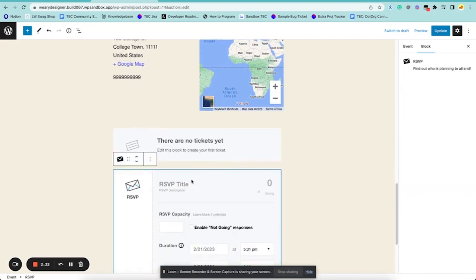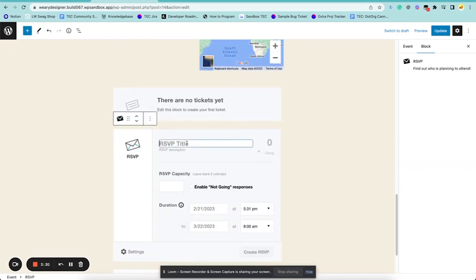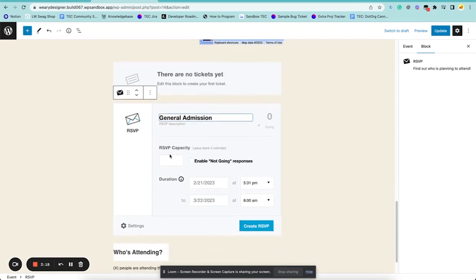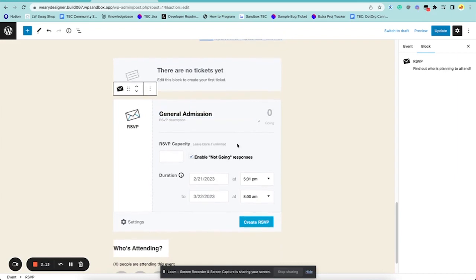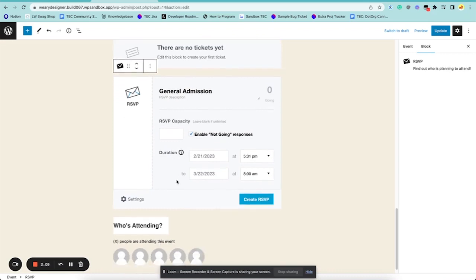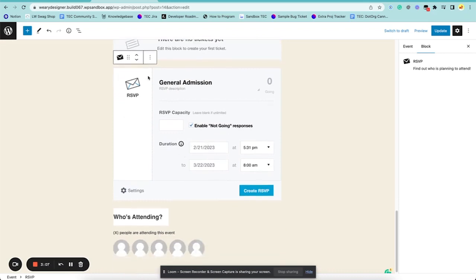So let's say we wanted to add an RSVP, then you just click on here and say general admission. And again, you can set the capacity if you wanted to limit how many people could go. You can also give people the option to let you know if they can't make it. And then the duration is how long people have to RSVP for your event. So if we click create,